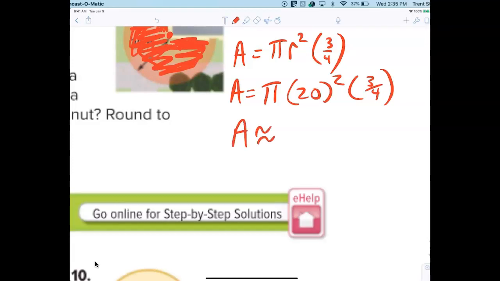Hurry up. When you're multiplying it out, would you have to make the fraction a decimal? The calculator will do everything. It depends on how you like to do it. I got the answer. Well, go ahead. 942.48